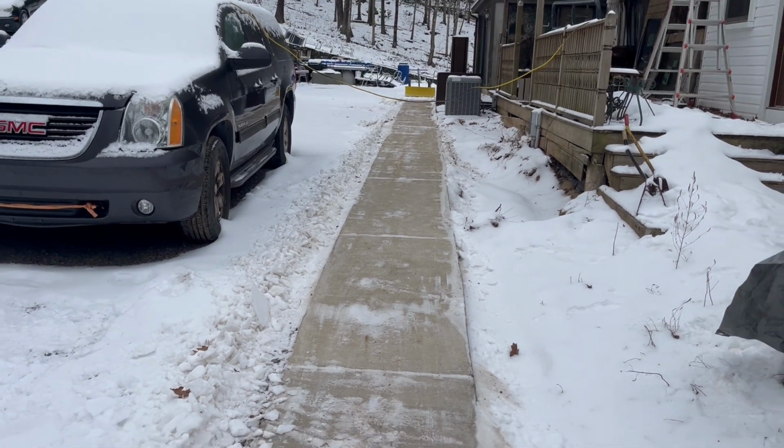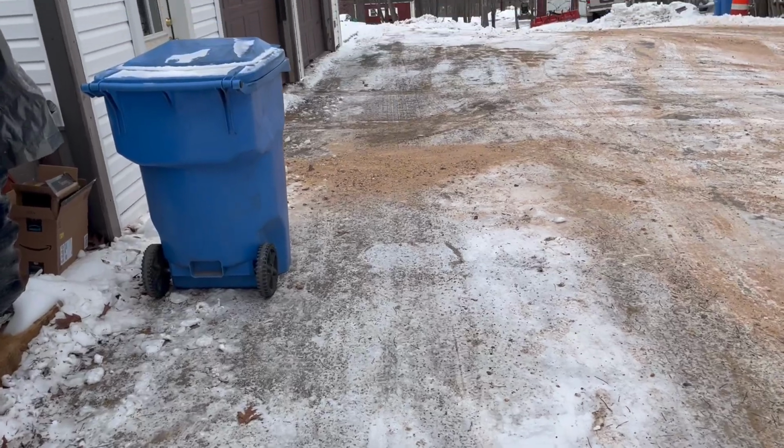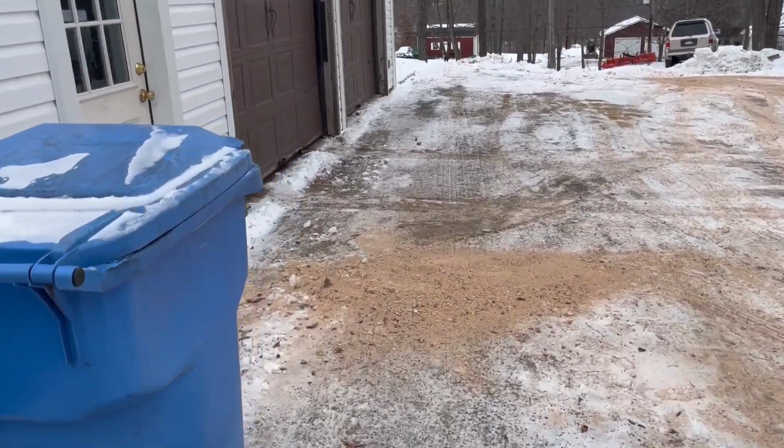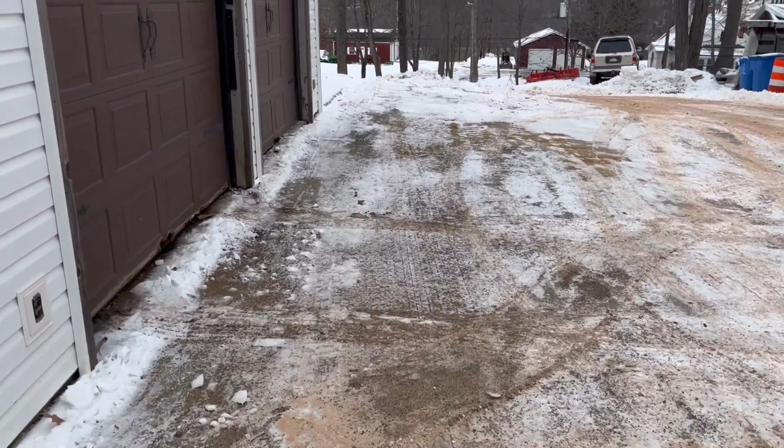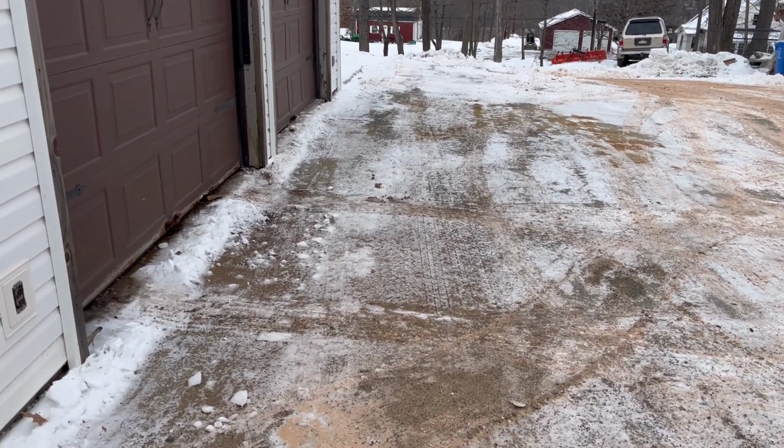But this is all I've got to do over here anyway, is one pass, and then I can get the rest of it with the plow. Plus I did in front of the garage here. That worked great. So anyway, just wanted to give an update on this human-powered snow